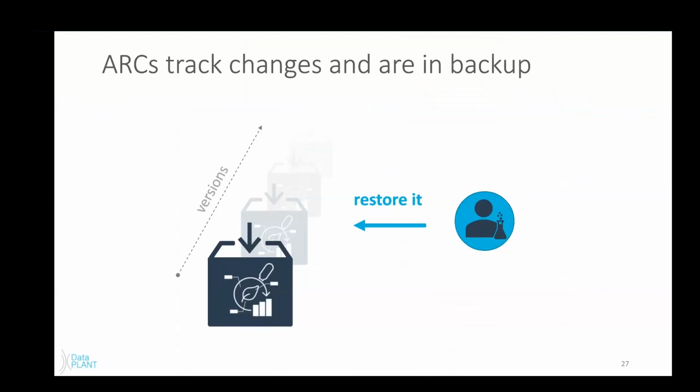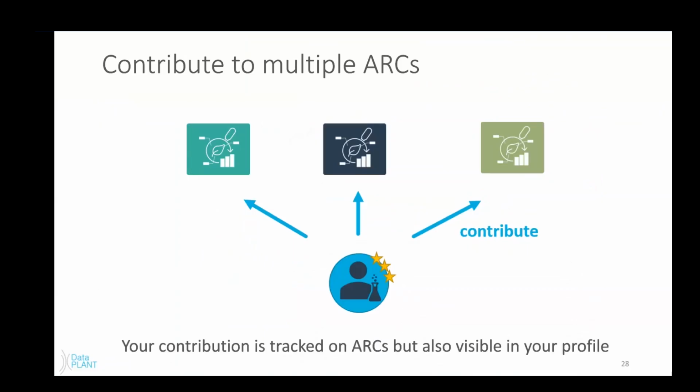Because our ARCs can be uploaded to GitLab, you're able to track changes, and previous versions are always available. So if there is something accidentally deleted that you need at a later time, you can easily go back in and restore this. You're also able via GitLab to contribute to multiple ARCs. So you're not limited to just ARCs that you've created, but you can also contribute meaningfully to ARCs from your research colleagues. This is also then kept track of on your profile, and people can see where exactly your contributions are. So that's handy if, I don't know, you forget what data you've uploaded or added somewhere. You can easily look it up.